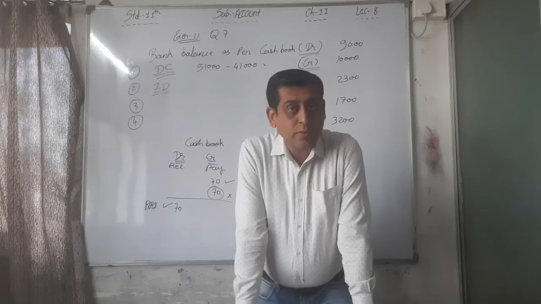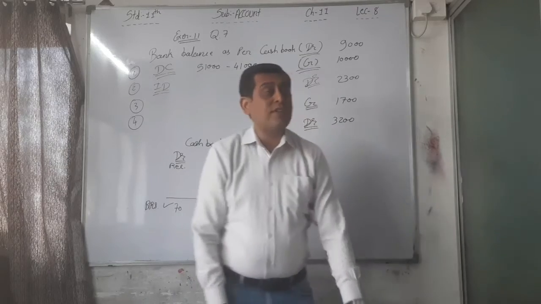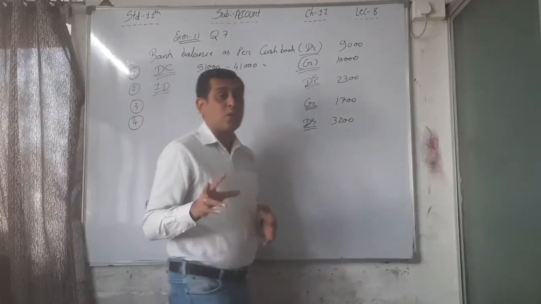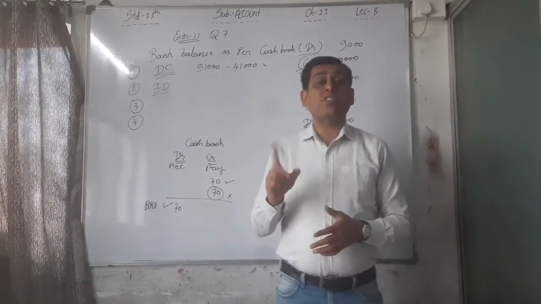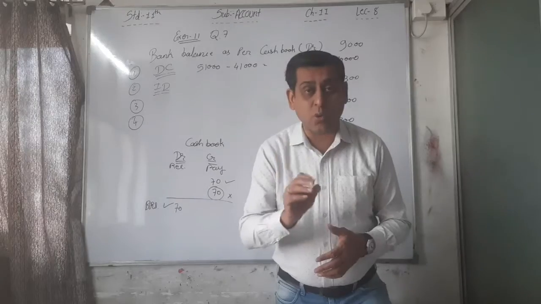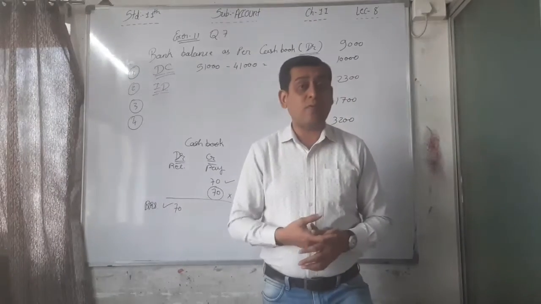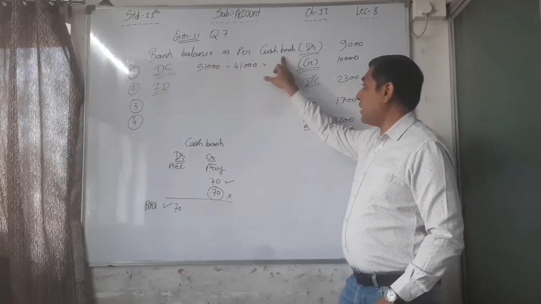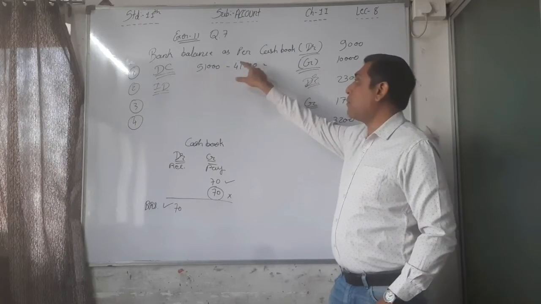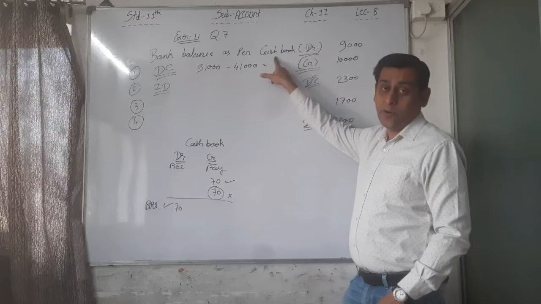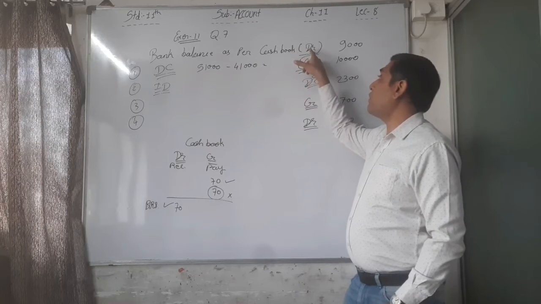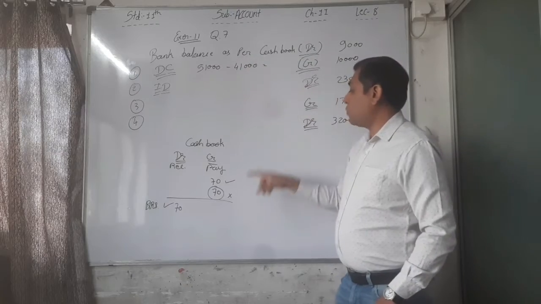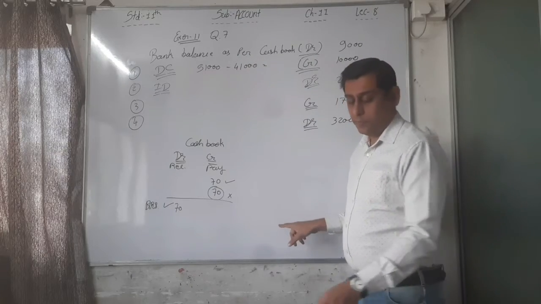Okay, so now see the total. You have to total both the debit side and the credit side. Whichever side total is higher, write down that total on both sides and find out the difference. If the starting point is bank balance as per cash book, then your ending point is as per passbook. First of all, see the difference on which side, debit or credit. Write down here as per passbook at the end of the sum.